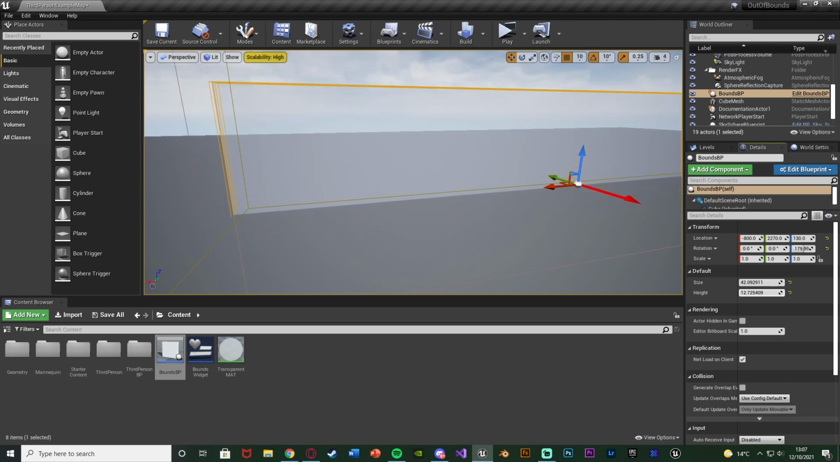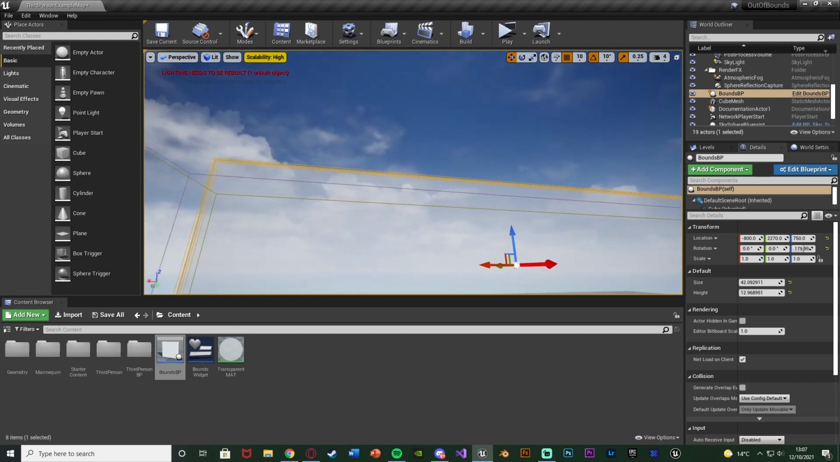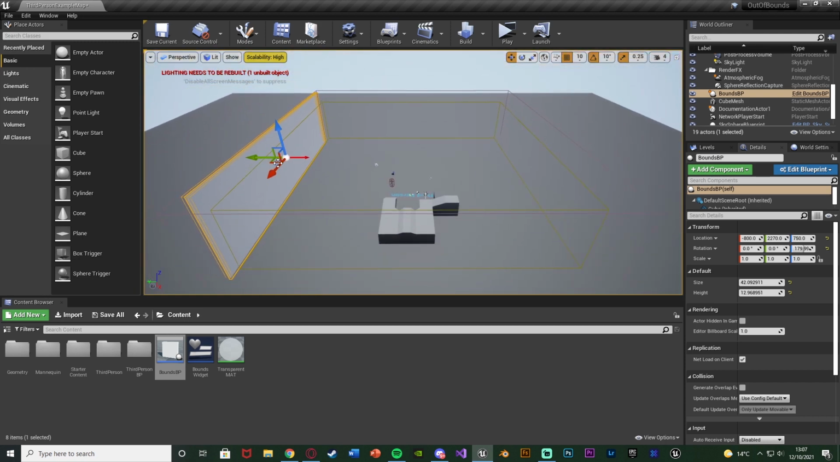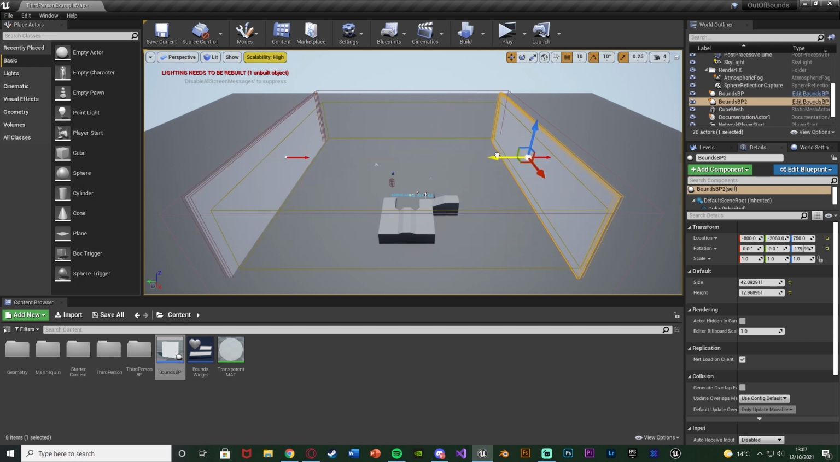And we can also increase the height as well, and you can kind of see through it as I've made it a little bit transparent. So I think that is going to be good for this side of the map. If I hold down Alt, drag out, I can duplicate it, rotate it around, and now we have this as